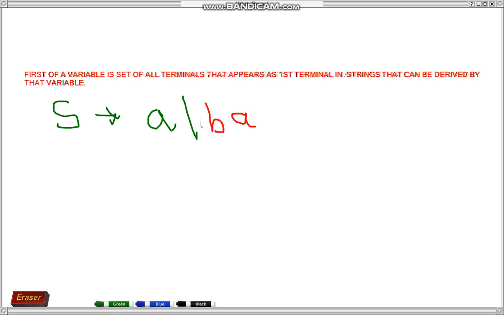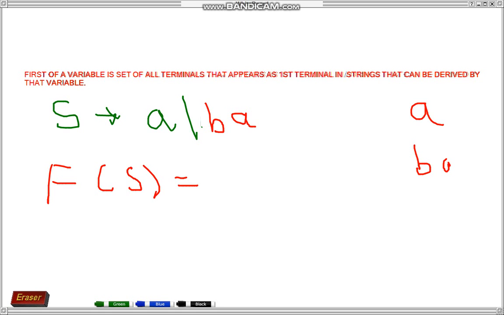If I ask you what is first of S, you need to find out how many strings can be derived by S. You can see here S is directly deriving a string A, and second it is deriving a string BA.